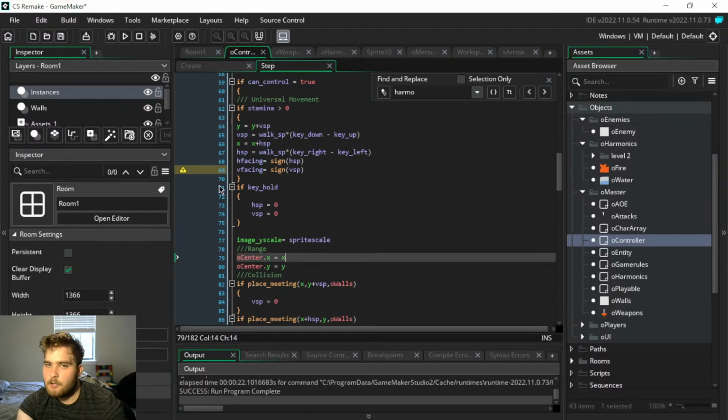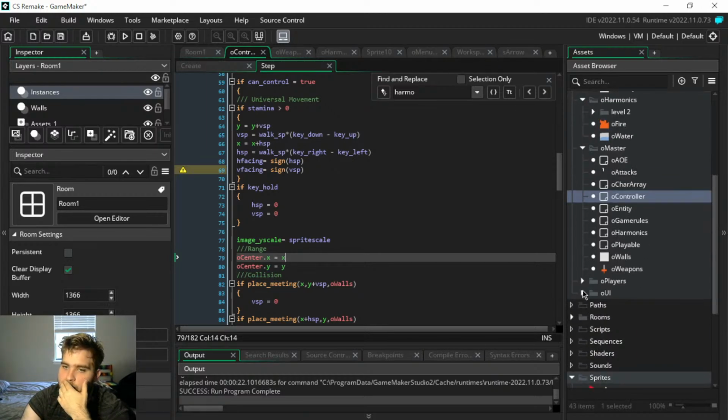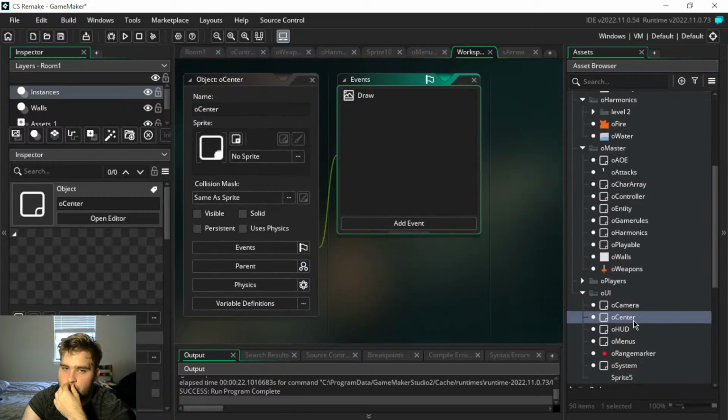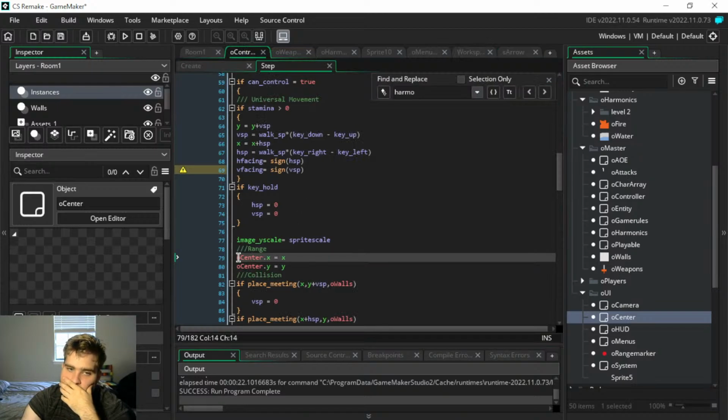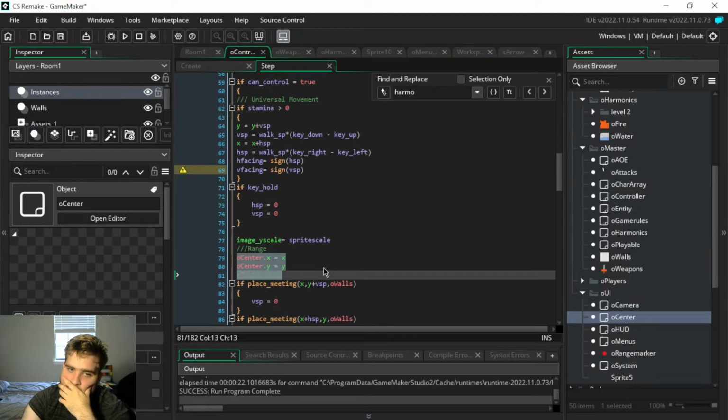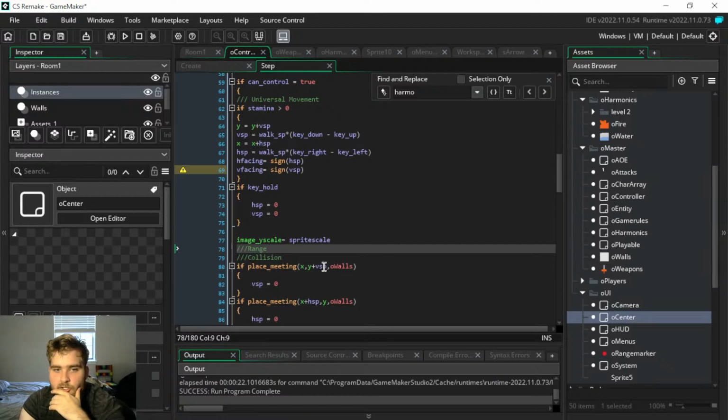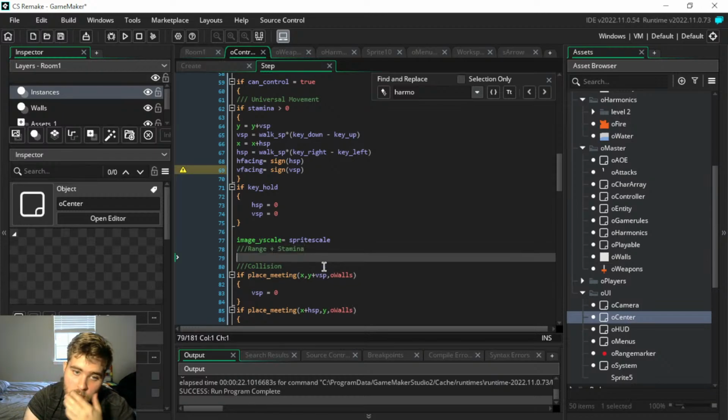Yeah, O center. Let's see how O center works, because I think if I remember correctly with how our O center object works, this one follows the player. But what we're going to do here is go into where it has the range, and we're going to make range and stamina kind of the same thing because they're both going to rely on the same variable. So what it's going to do is check